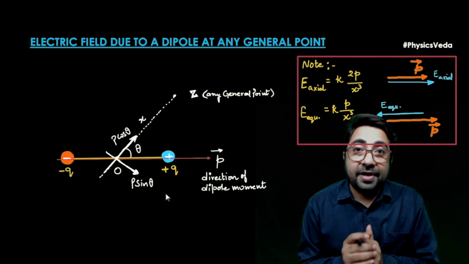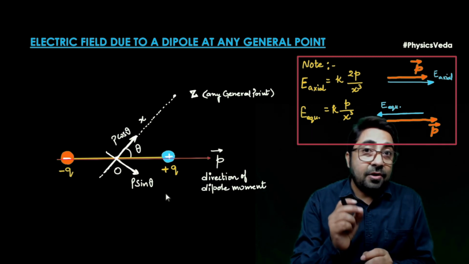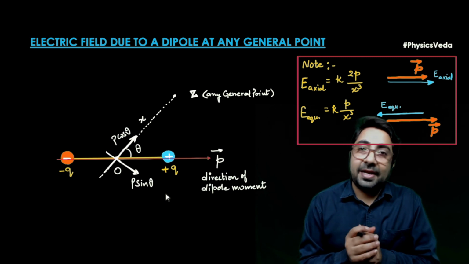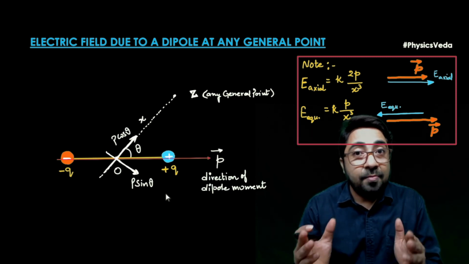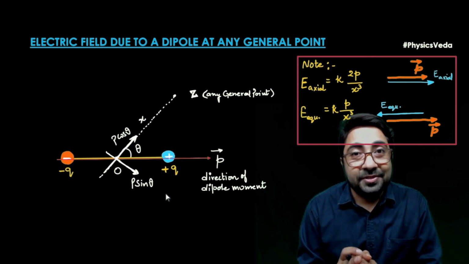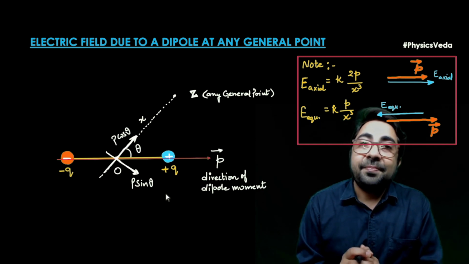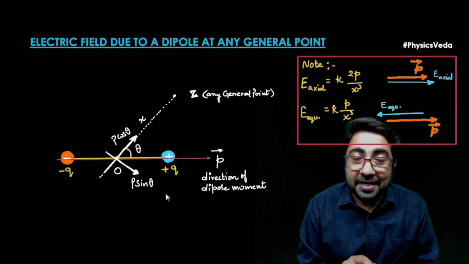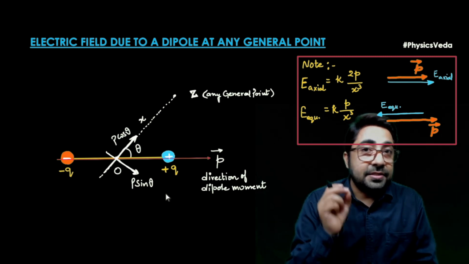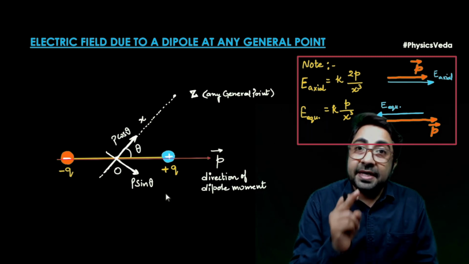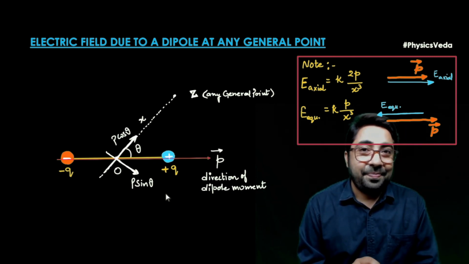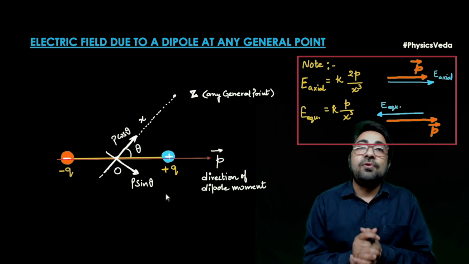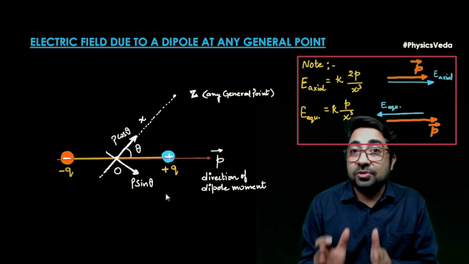अगर हम इस डायग्राम को ऑब्जर्व करें तो z पॉइंट जो है वो p cos थीटा के एक्सियल लाइन पर है और z पॉइंट p sin थीटा के लिए इक्वेटोरियल लाइन पर है। क्योंकि हमने इस डाइपोल को दो कंपोनेंट्स में स्प्लिट किया है और वो दो कंपोनेंट्स दो डाइपोल को रिप्रेजेंट करते हैं, इसीलिए यहां पर z पॉइंट दोनों डाइपोल के लिए अलग अलग पॉइंट फॉर्म करता है। दैट इज, अगेन आई रिपीट, p cos थीटा के लिए z पॉइंट एक्सियल लाइन है और p sin थीटा के लिए z पॉइंट इक्वेटोरियल लाइन है। और हमने ऑलरेडी स्टडी किया हुआ है इलेक्ट्रिक फील्ड ड्यू टू इक्वेटोरियल लाइन and electric field due to axial line. Also, we have studied about the directions.